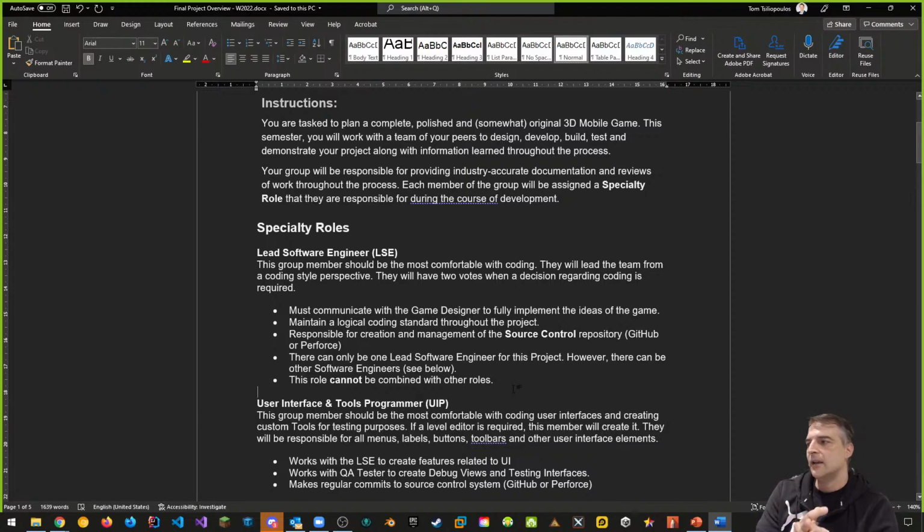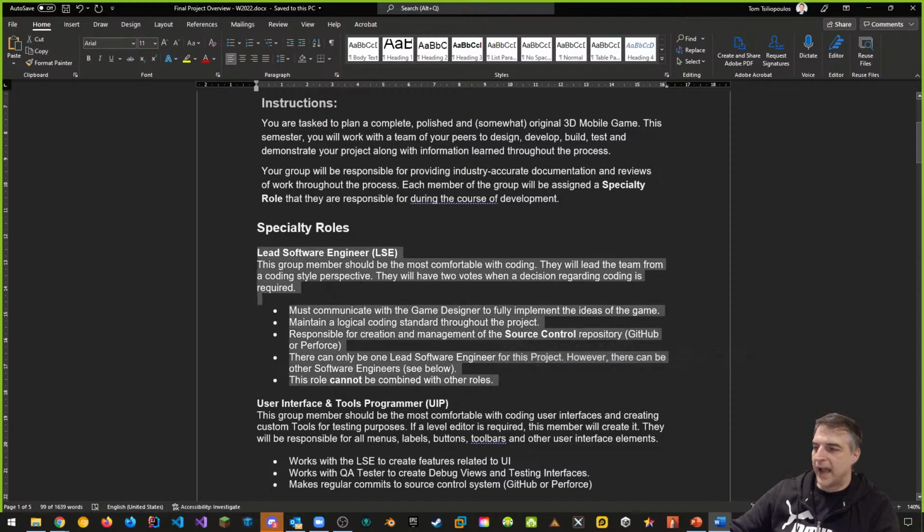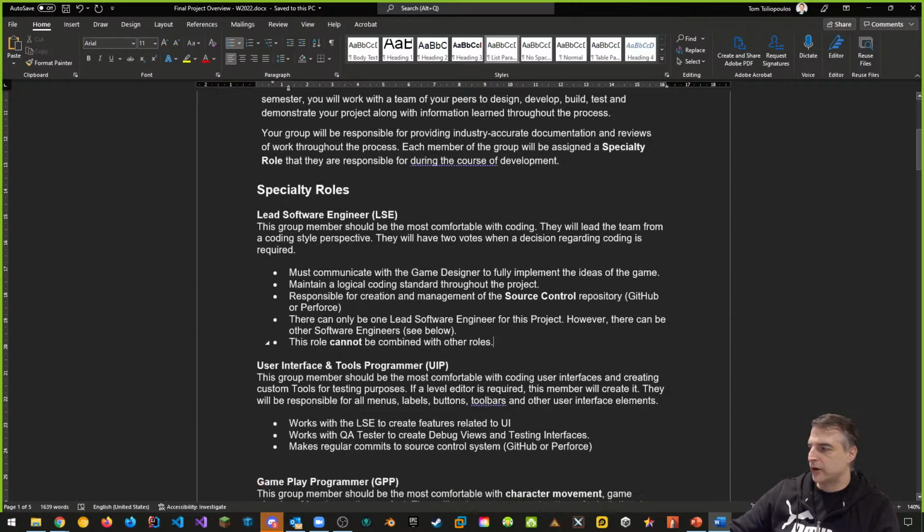And what that means is that there's a great chance that the majority of the commits that we see on their repository are theirs, because they're the people that are going to submit everyone's work on GitHub. Or you can work with a different way of doing things. You can use branches. You can use pull requests. There's a lot of different ways you can do GitHub. But the lead software engineer has got 2 votes when it comes to how the project is going to run from a coding standards and software engineer perspective. So that's what they're going to do.